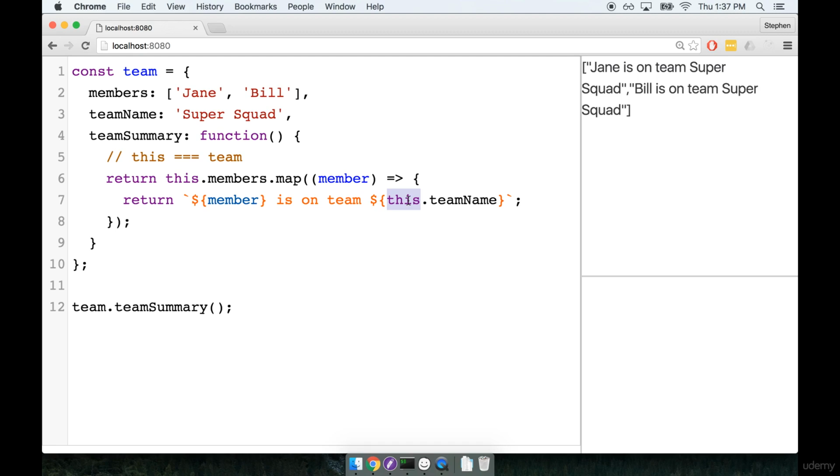And so you can really imagine, going back to basic math here, the transitive property, where we're basically saying if A is equal to B and B is equal to C, then A must be equal to C. So you can imagine that we could take team right here and replace it with this right here, and we would get the same result. That is what is going on right here. So that is the purpose of fat arrow functions, and that is in practice what we actually use them for, beyond just the more compact syntax.